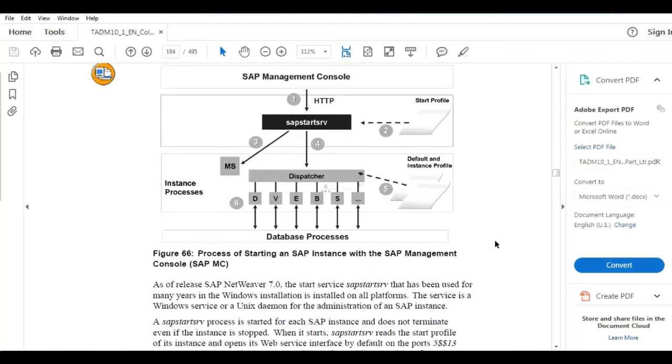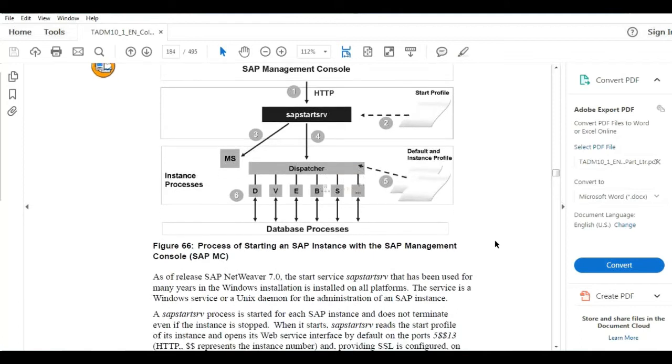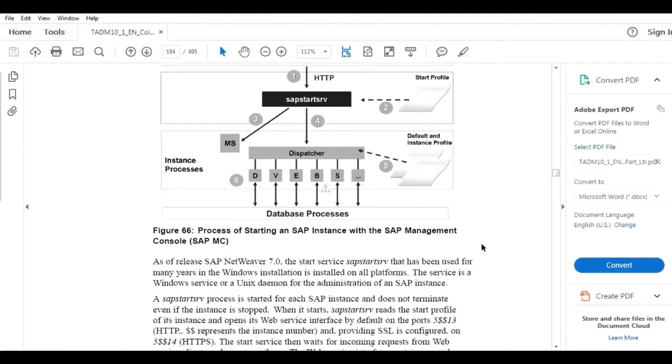One program will be started. What is that program name? SAPSTARTSRV. This is one of the processes, one of the services. SAPSTARTSRV is a program. When you start your SAP, the SAPSTARTSRV program will start.